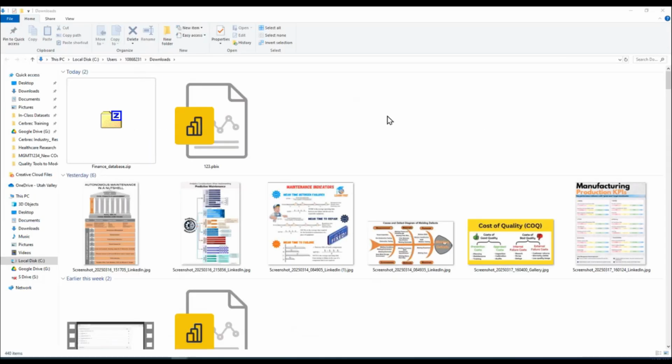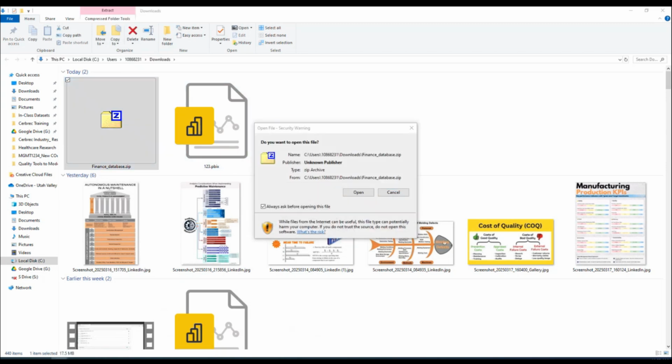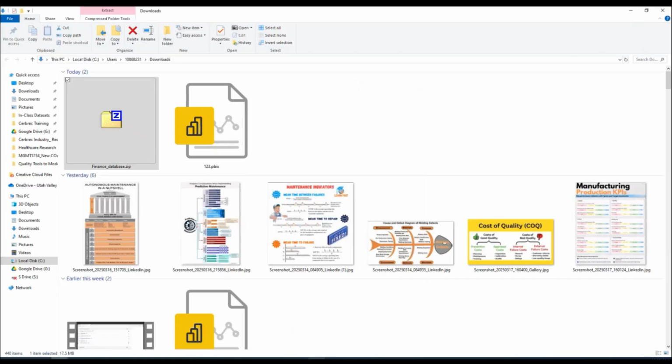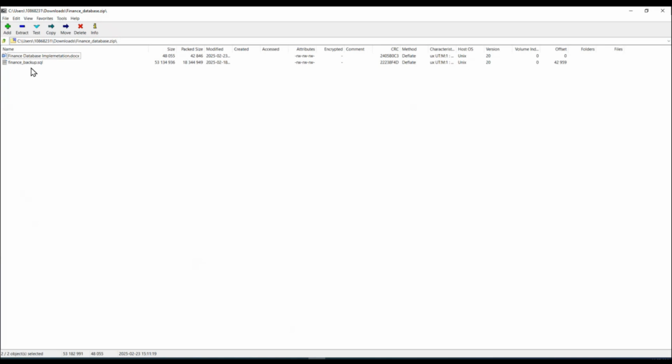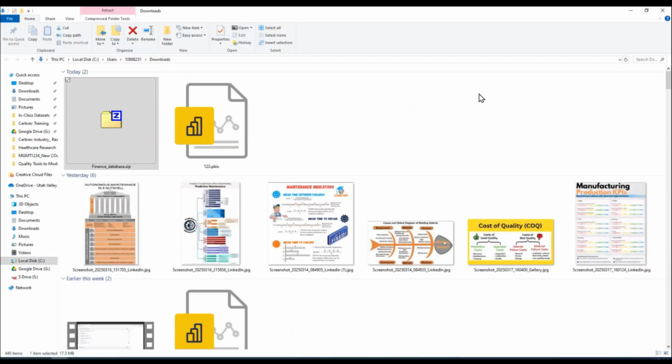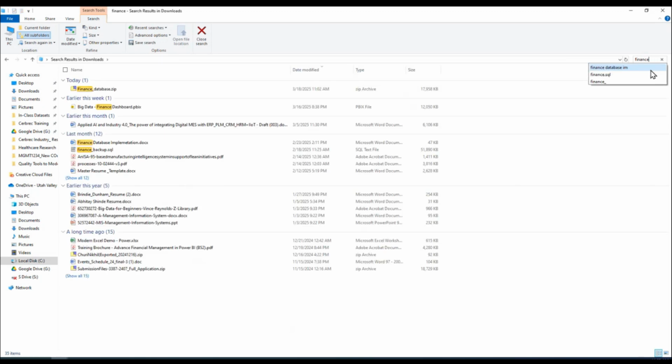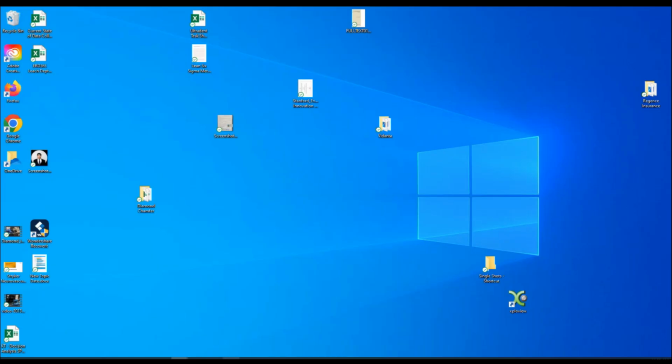Yeah, this is where it is. I don't want to double up, so I'll cancel this and I will go over here. For now, I'll be searching for this finance underscore backup SQL file. So let me search finance underscore. Yeah, this is the one that I got downloaded. Perfect. So once I know it exists in the downloads folder, the next part,